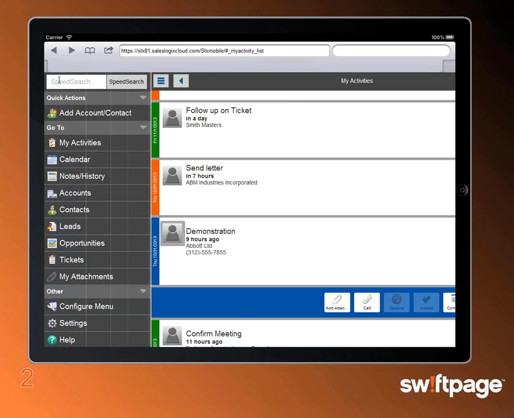So we always have the ability to go over to my menu, and I could do speed search items, and anybody who's familiar with the LAN and the web client, speed searches basically gives you a Google-style result set returning information. So if I wanted to go find something about Abbott, I could type Abbott and it would go pull out all their Google-style information and give me the ability to start clicking down in there.